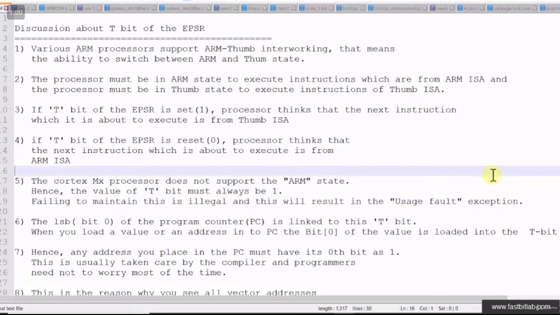Because the ARM Cortex-M processor cannot execute ARM ISA instructions, because the instruction set architecture used in the ARM Cortex-M processor is Thumb ISA. We can only execute Thumb instructions. When you are working with the ARM Cortex-M processor, the T-bit should always be 1. The LSB, that is bit 0 of